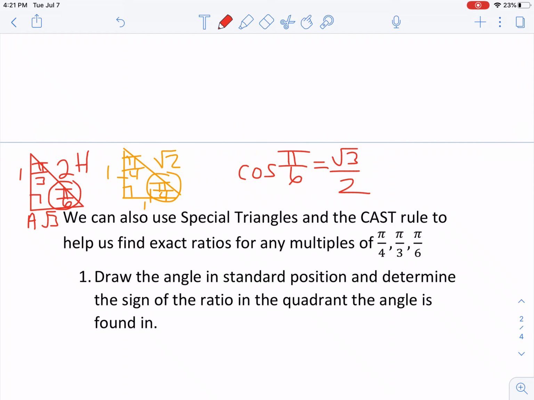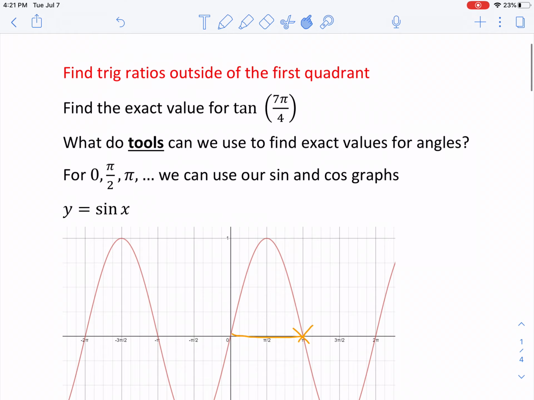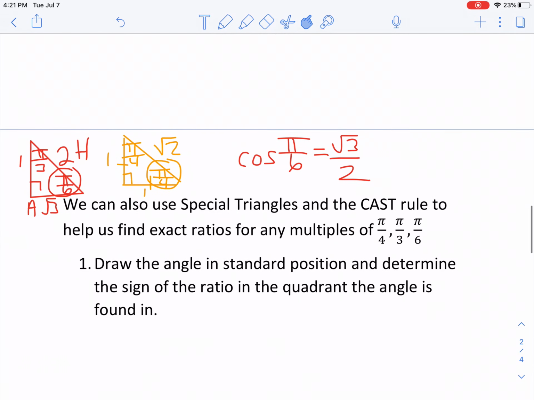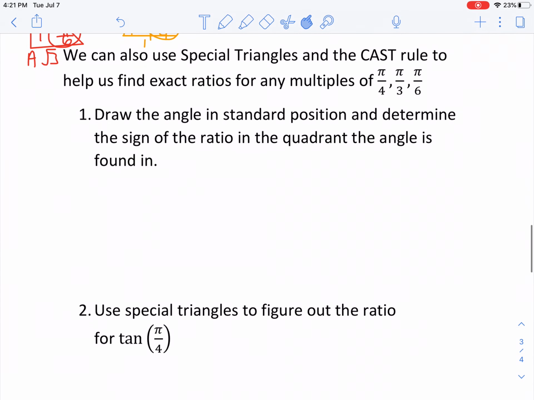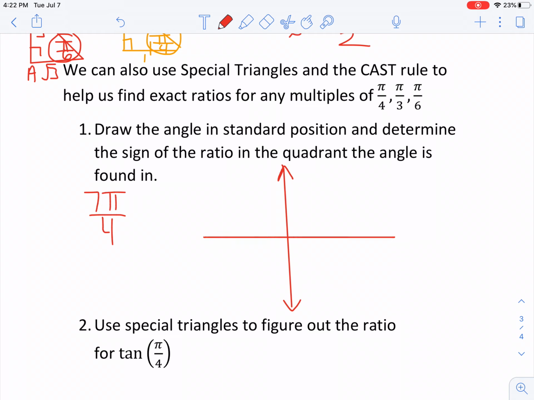So now we are going to be looking at a question like tan 7 pi by 4. And 7 pi by 4 is outside of the first quadrant. So there's a few steps we need to go through to tackle that. So first, draw your angle in standard position. 7 pi by 4 is actually in the fourth quadrant,